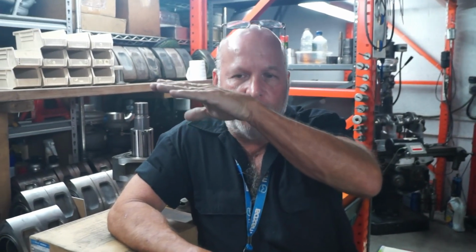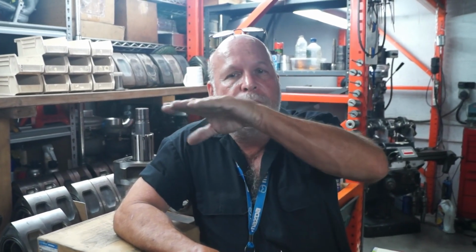It complies to the curves of the rotor housing much more, where a 2 millimeter apex seal, after X amount of hours, well, from my ALMS days, we would see marks in the rotor housings after about 50 hours of use. As the apex seal crosses the minor axis, you could see and feel parts of the epitrochoid curve have sharp segments to it. Whereas with 3 millimeter seals on the same type of peripheral port rotor housing,